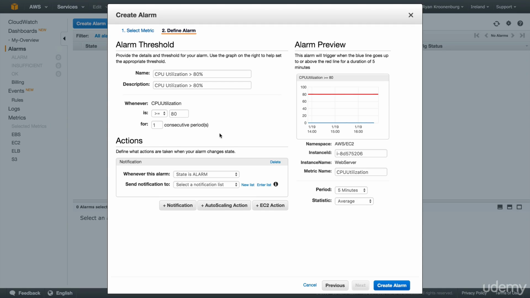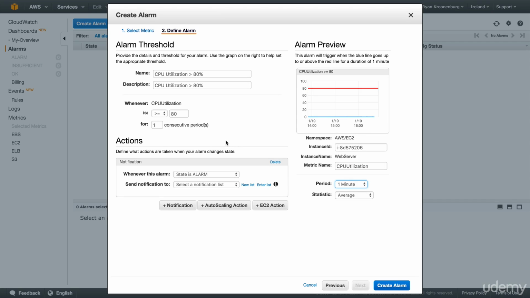So you might be wondering, where do you set the periods? It's actually just down here. So period is 5 minutes. So I might just say 1 minute. So this will generate an alarm if my CPU utilization goes over 80% for 1 minute, and then it can